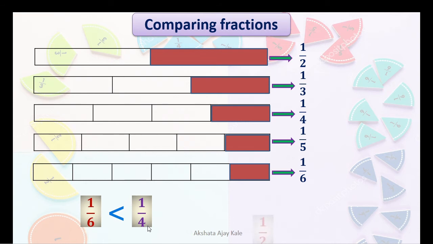Very good. Next one is 1 by 2 and 1 upon 3. See, this is 1 upon 2, means only 2 parts are there and 1 part is colored. And 1 upon 3, 3 parts are there and 1 part is colored. Which is larger one? Yes, this one. We can see the colored portion here and here. Compare these two. Easily we can say that this has more area compared to this area. Isn't it? So half, 1 by 2, is greater than 1 upon 3. Right?